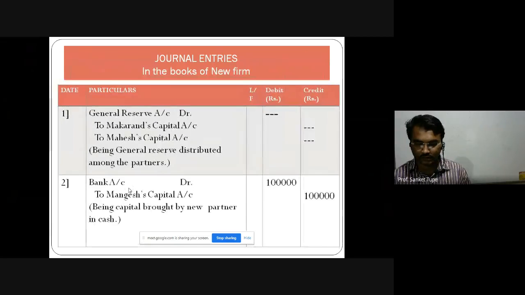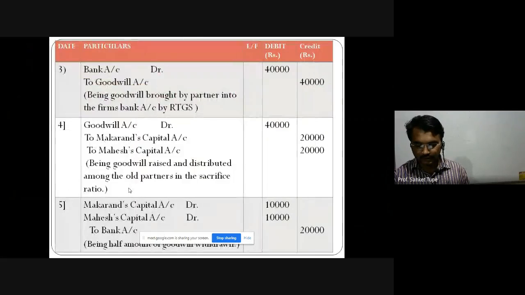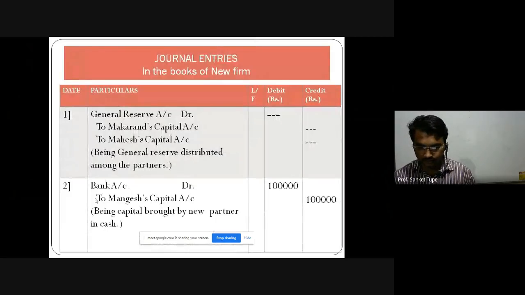Now we can see some journal entries here. I have made a journal entry here, now have a look. I'm talking about this general reserve. Why is it given? Just for information purposes. Whenever there is a general reserve entry, you have to do this: general reserve should be debited because it is a liability. If it is there, it will be shown on the liability side. So you have to debit that account, so the effect of the general reserve will be nullified. Its credit can be cancelled by giving a debit.